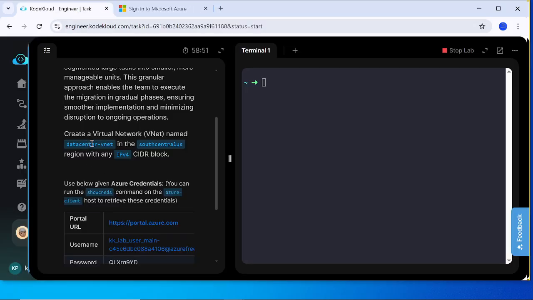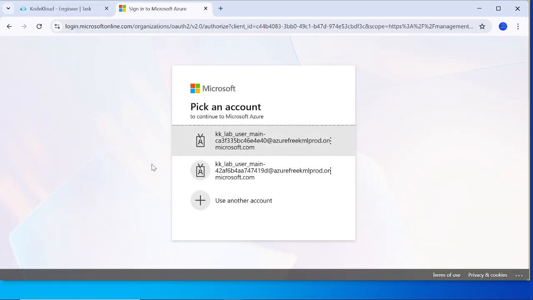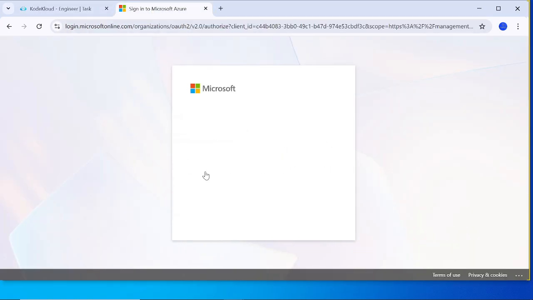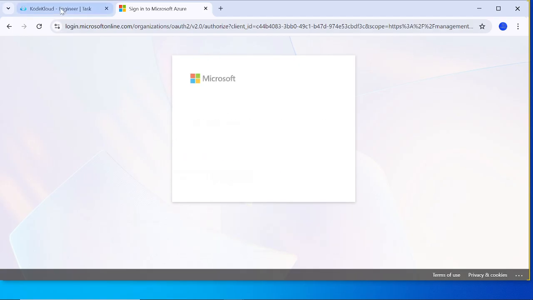Let me quickly open the portal. The task is to create a virtual network VNet, name this one, in the South Central US region with any IPv4. In this task we only need to create a VPC, that's it. So let me log in to the lab,